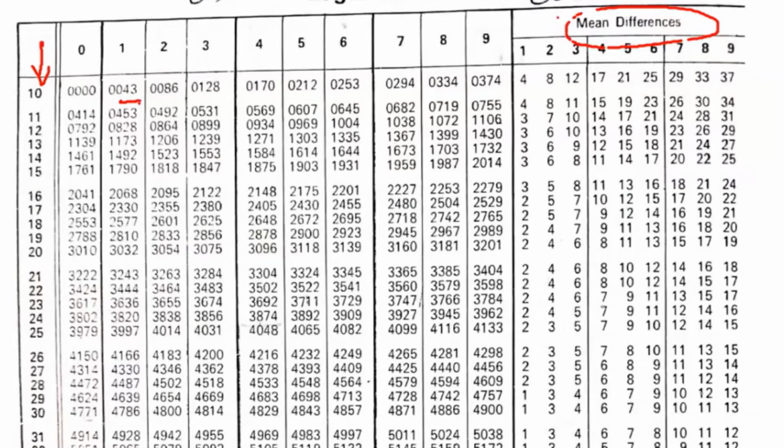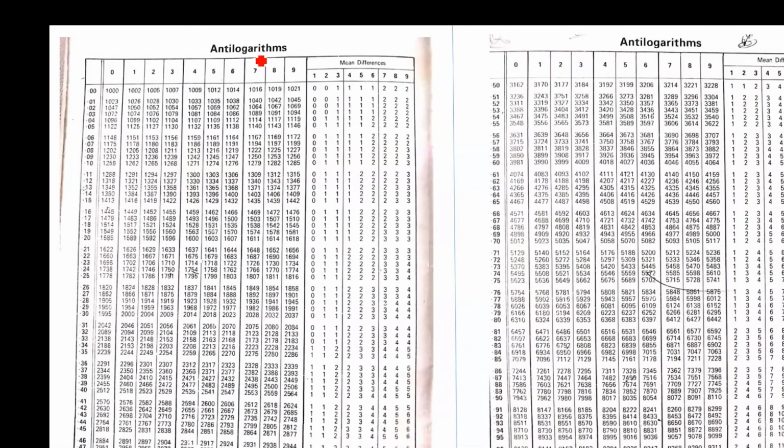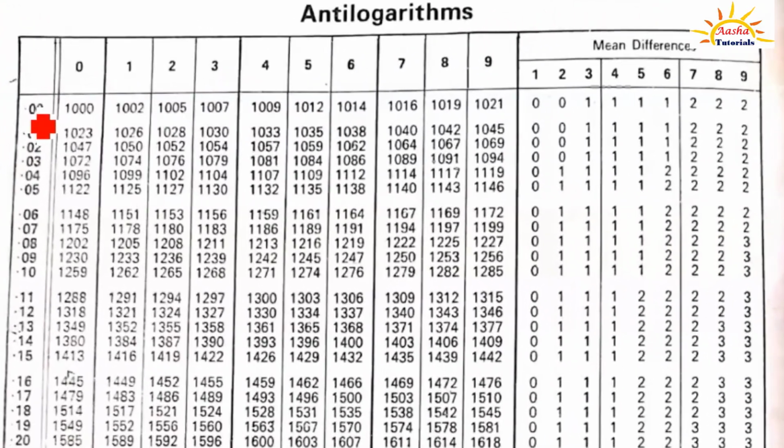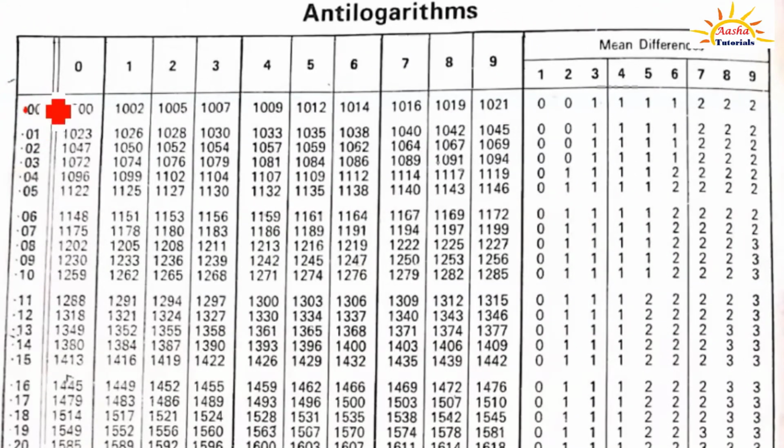So then after this, you find on the next page there are anti-logarithmic tables. Similar to log, there we have the exact opposite function of logarithm, that is anti-logarithm. And here, again, you find in the first column the values are given after the decimal point. Here you see carefully, this is 0.00, or here it is 0.01.